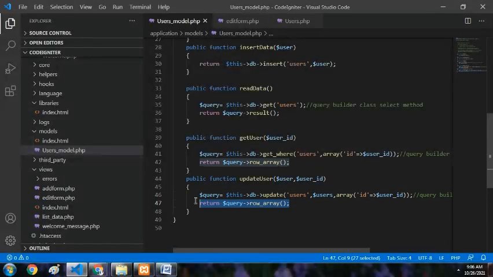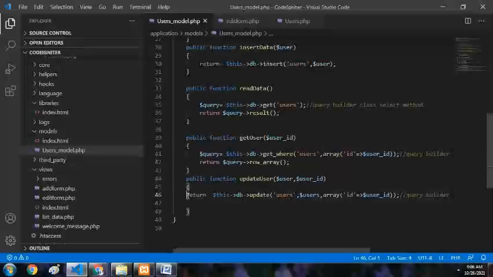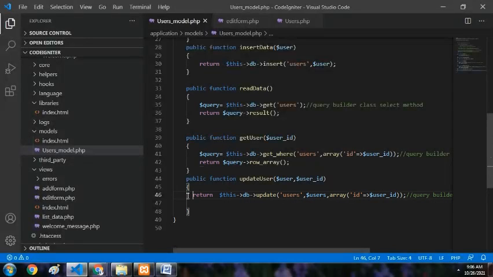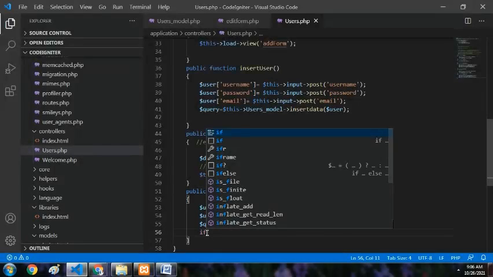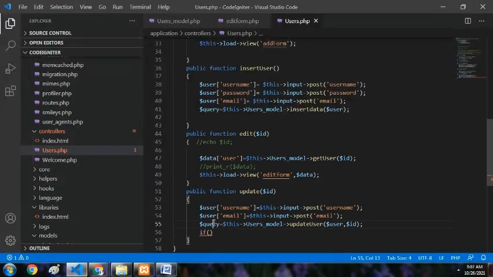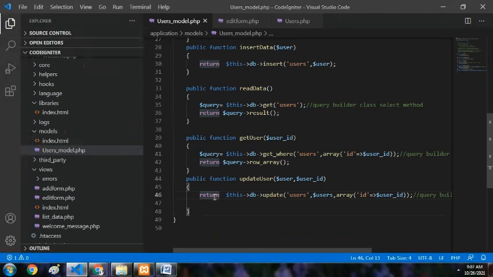Now there is no need for a return here because we are doing the updation. We can simply return whether the updation worked or not. If the updation worked correctly, then it will return a true result. Otherwise there will not be any result to return, so we'll get false. Using this return, we can identify in our controller whether the updation worked correctly or not. So here we can simply store it as res for the return. Every function will have a return value, so here from the model we will have a return value.